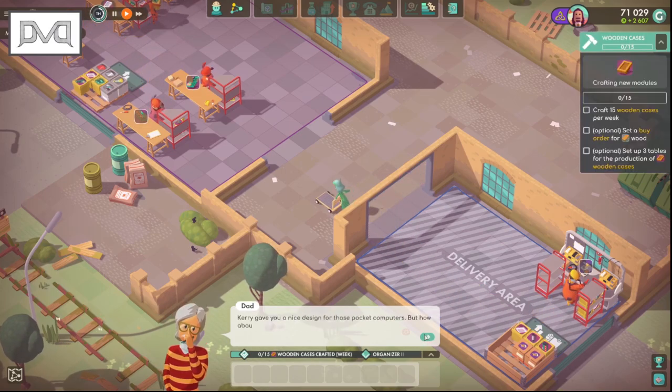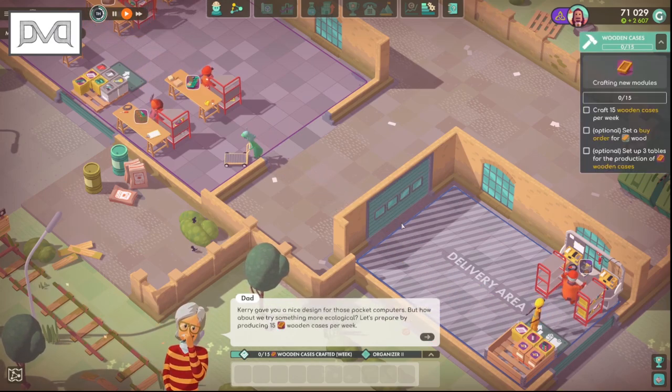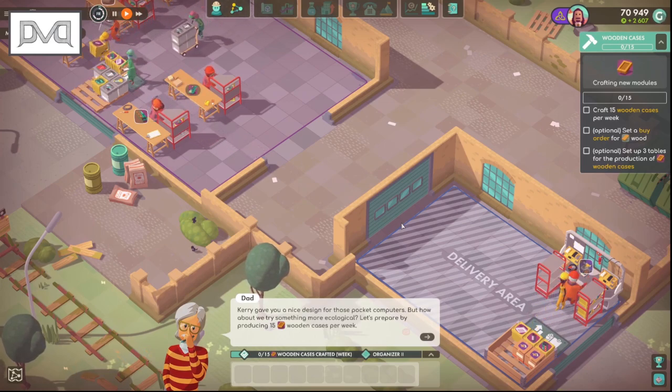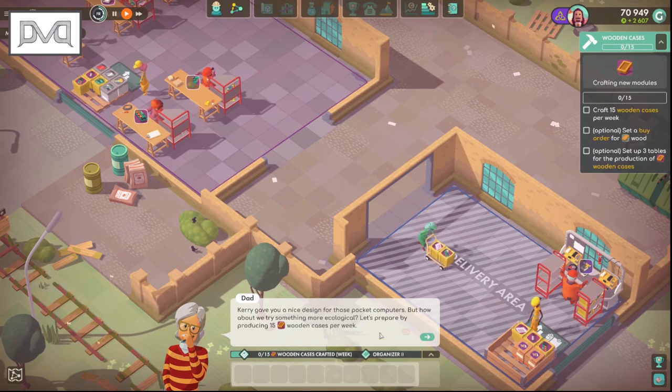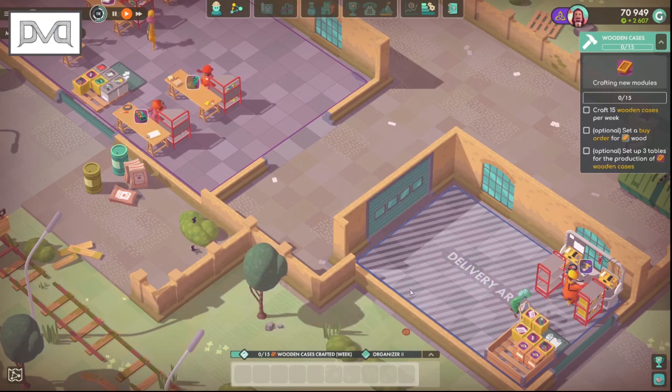See you later. Alright, Carrie gave you a nice design for those pocket computers, but how about we try something more ecological? Let's prepare production. Let's prepare by producing 15 wooden cases per week. Okay,